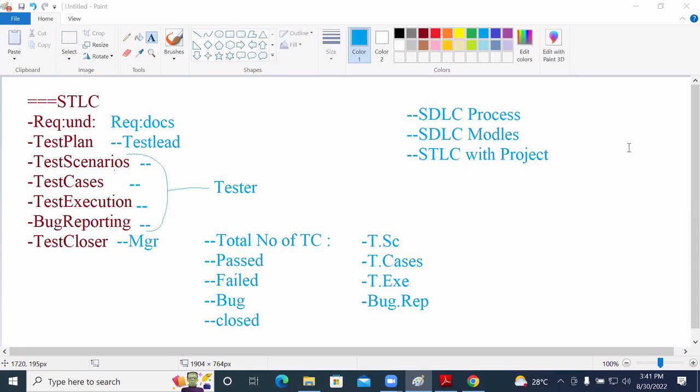A lot of new movies will be there. All the movies we will look into, so see that you attend regularly. Manual testing is a little bit okay, but in automation testing, if you miss a session, the connectivity will not be there. Take care to attend the sessions regularly for automation testing.